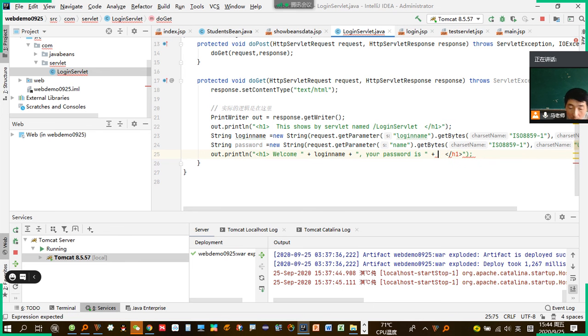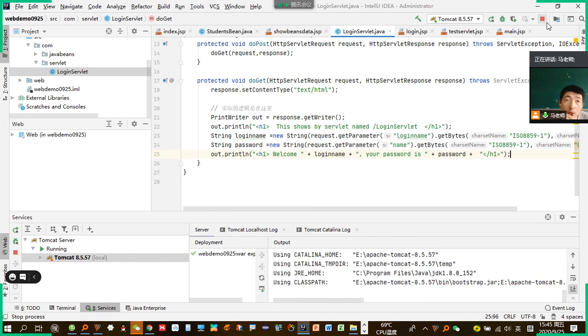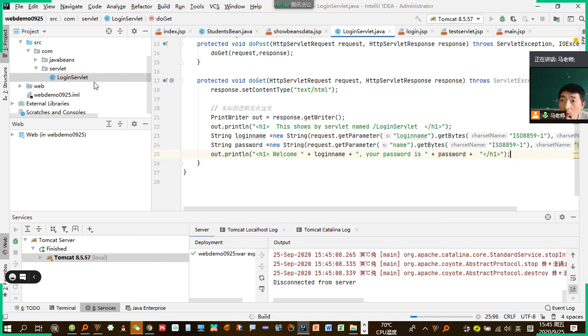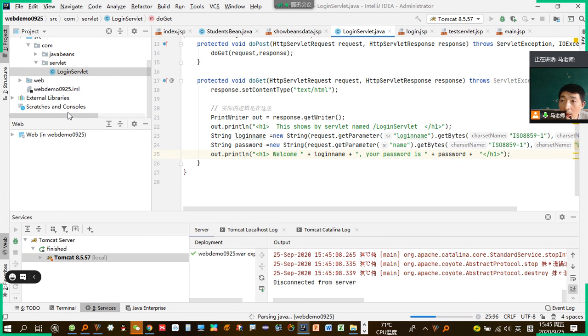So the password here is a password, and then here. Okay, so if everything goes well, we try to show this way. Now we rerun it again. So we quit, and then we use this test